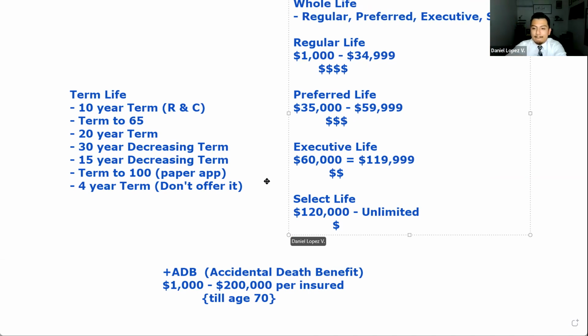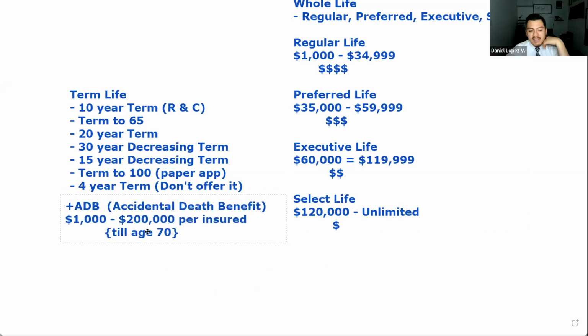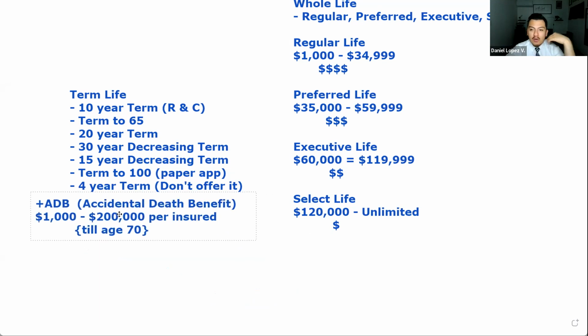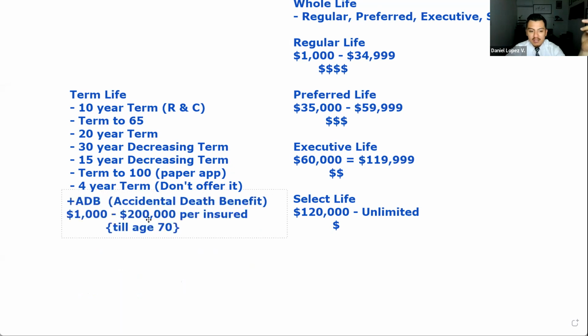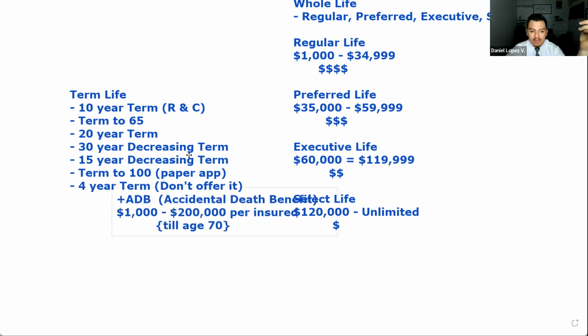I just wanted to add, it's until 70 or at the end of the premium period. So since it's attached to a whole life or a term life, let's say this person has term life for 10 years, and they only want it for 10 years, that ADB will end when that term is over. Or if they have the whole life, then it ends at 70. Since it's attached to a policy, if you're done with the policy and you don't pay for it anymore, then this goes away too. It's an add-on.